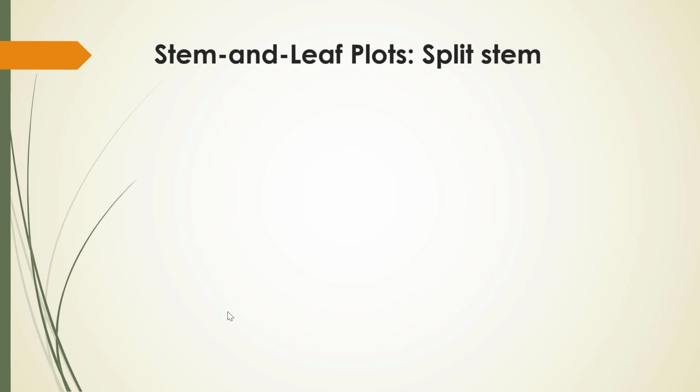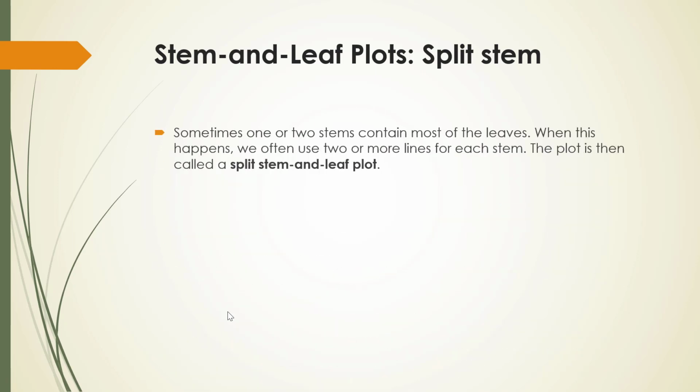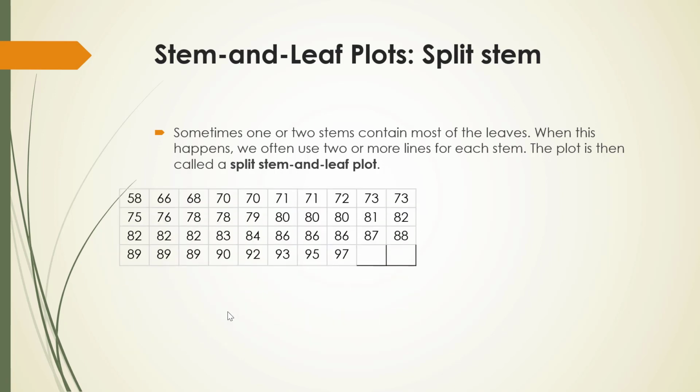Sometimes the datasets will not be in decimal numbers, but in whole numbers. For example, sometimes one or two stems contain most of the leaves. When this happens, we often use two or more lines for each stem. The plot is then called a split stem and leaf plot. For example,